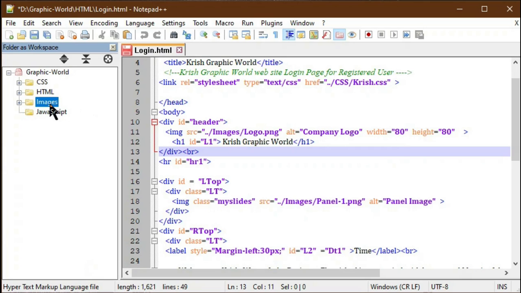That is the difference between this and folder as workspace. Folder as workspace will really change the folder name, but the project will not change the folder name physically in the computer, though it will change the folder name in the working environment. This is the end of the session for this project, and we will look at the next video.